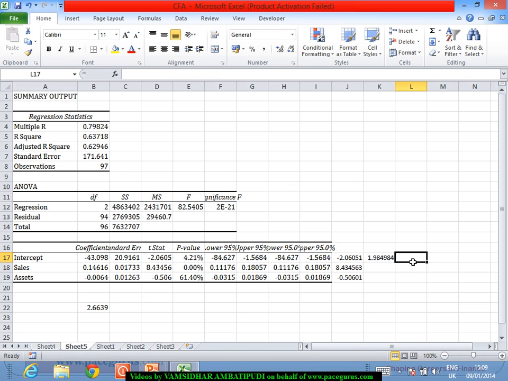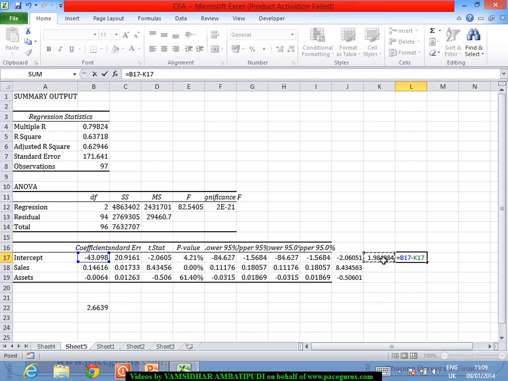The 95% confidence interval, whatever the system has given us here, I can very well derive as we have discussed earlier, wherein I take the coefficient minus the t value for 5% significance level